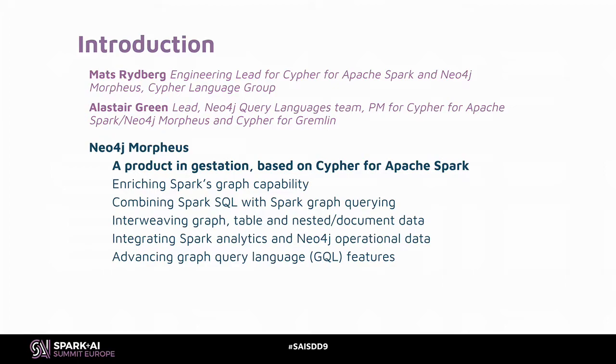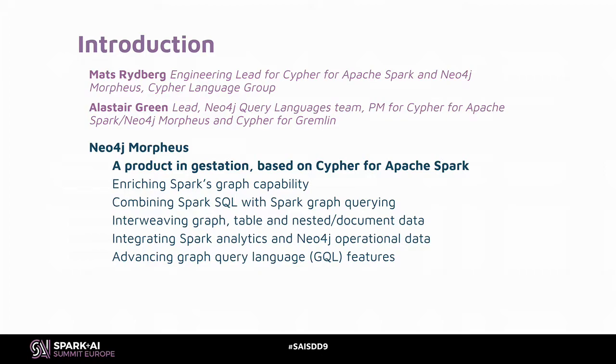Thanks very much, Mats. So we want to talk about Neo4j Morpheus, which is a product that's in gestation. It's not actually available at this point. It will be very soon in an early adopter release. It's based on Cypher for Apache Spark, which I think some of you will have heard about from the talk